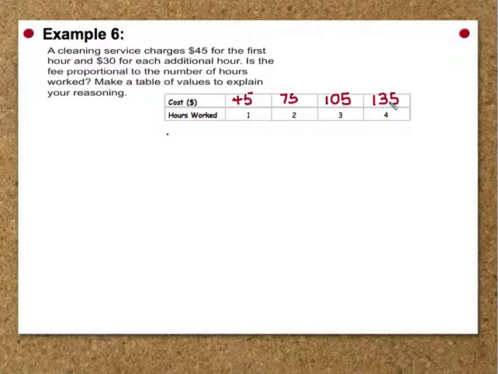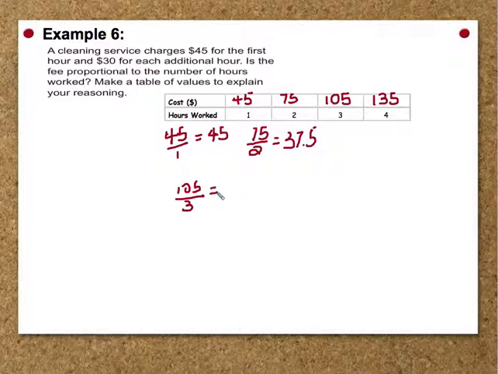So now we know the first one is 45 to 1, which is equal to 45. The second one is 75 to 2. I just divide, and I get 37.5. The third one is 105 to 3. I divide, and I get, let's see, let me grab my calculator. 105 divided by 3, I get 35. And the fourth one is 135 to 4. So if I divide that, I get